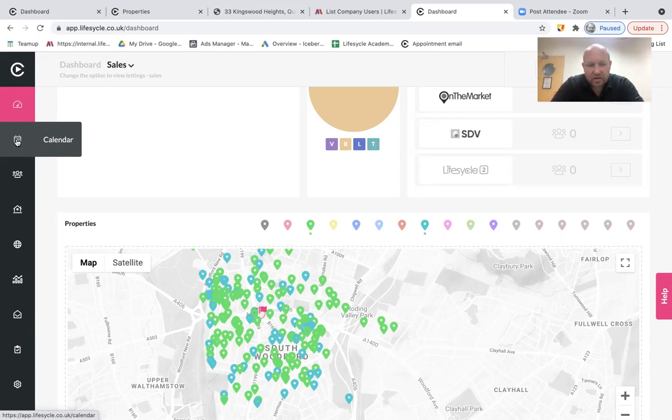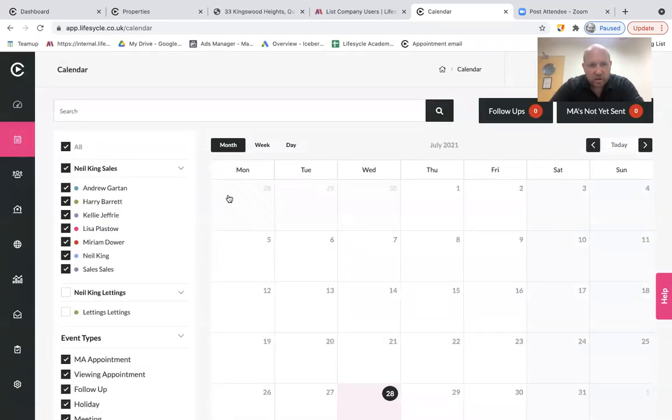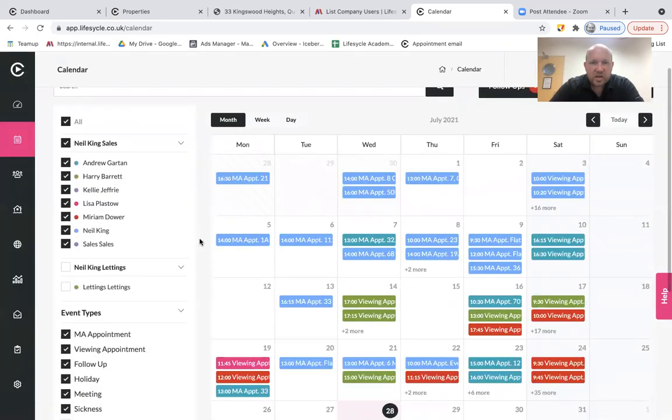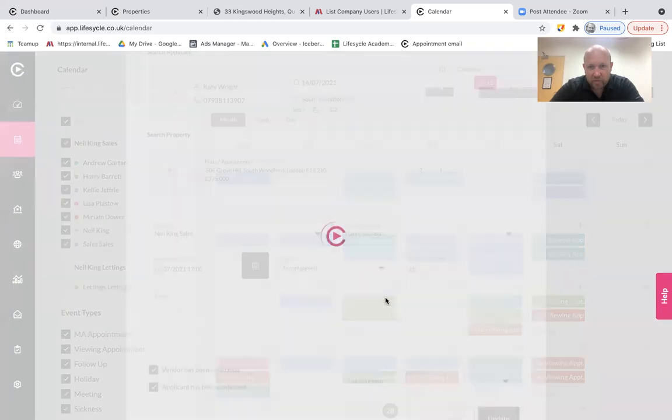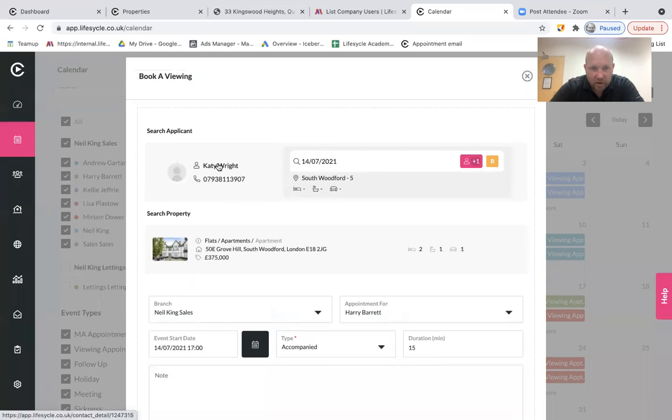And if you went onto the calendar and clicked on an appointment, let's just go to the calendar and I'll show you what I mean. So if I was on my mobile and I went onto the calendar, I could still see all the information, and I could go into the appointment, and from the appointment I could click this number and actually phone the applicant to see where they are,